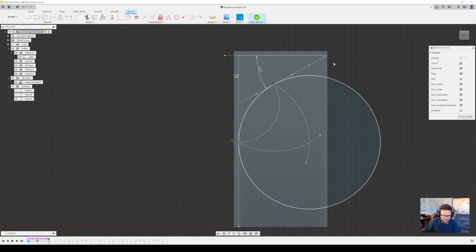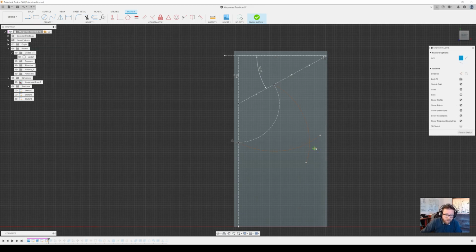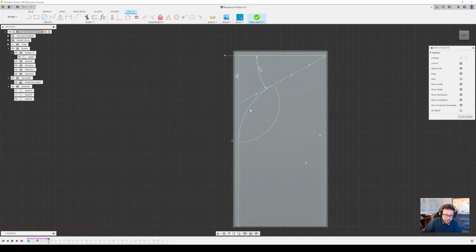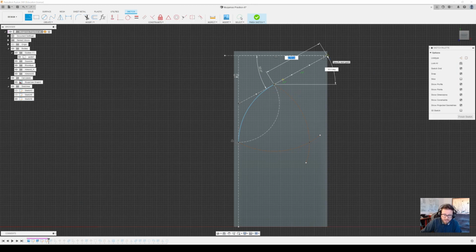Okay, so instead of a circle, that wasn't the best, I'm just going to make it a little bit simpler and do a center point arc again, go from here and here to here. And this time I'm going to keep it as a proper line. And then I can kind of draw things out from there. So I'm going to draw right over top of what I did, these construction lines in this case, so that I know everything that I need